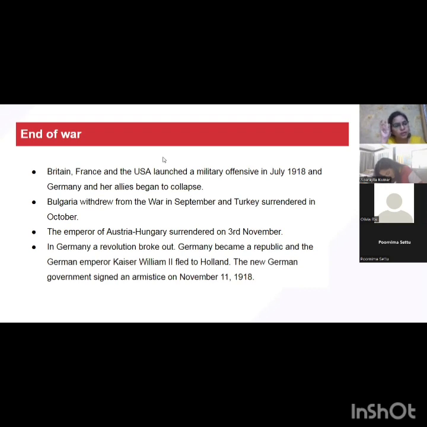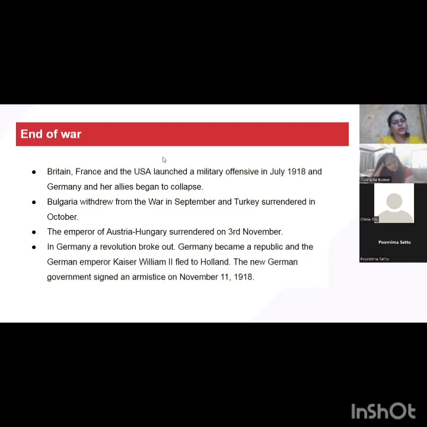Okay, and during this time frame, the biggest reason to go against the king was that Kaiser William II, when he found out that all his allies had surrendered, all of a sudden started planning and plotting to go away from Germany, and he planned to flee to Holland. In the middle of the war, instead of supporting the country, when he saw that the game was not in his favor, he fled to Holland.